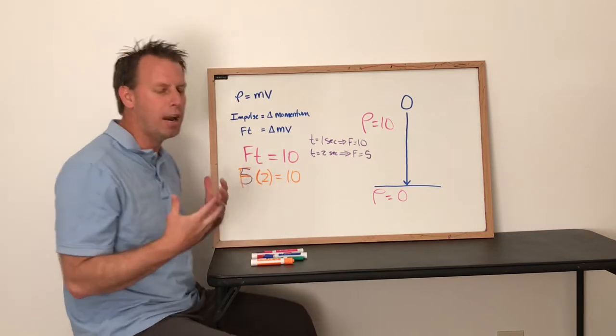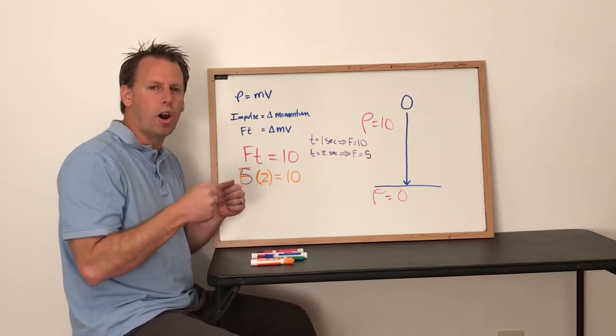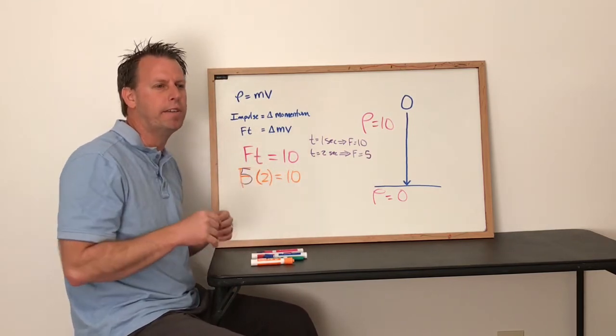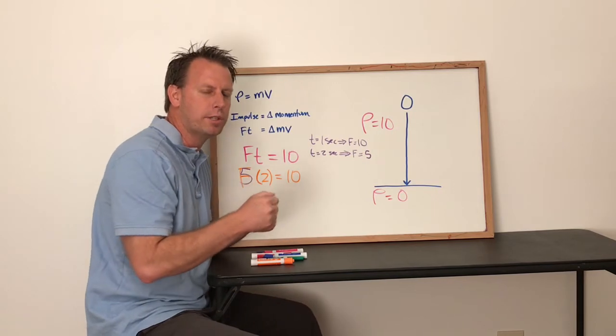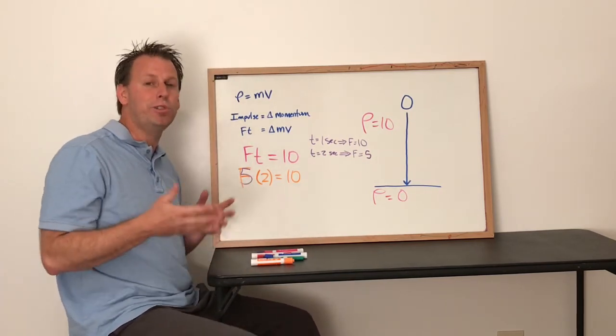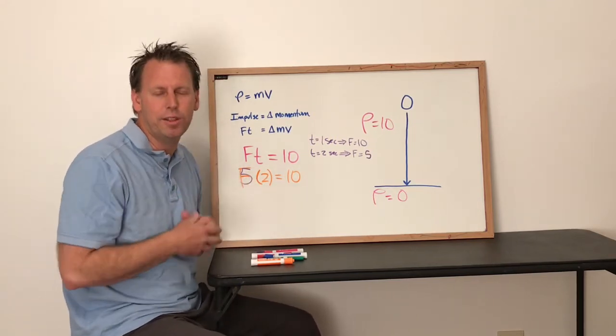So how do we do that? How do we extend the time? Well, again, I keep using this example of in our car pushing on the brakes kind of softly, not too hard, but just kind of pushing on the brakes soft, and it takes us a little while to come to a stop. Well, how do we do that with falling things? Well, we use soft stuff like mattresses and trampolines and things like that,